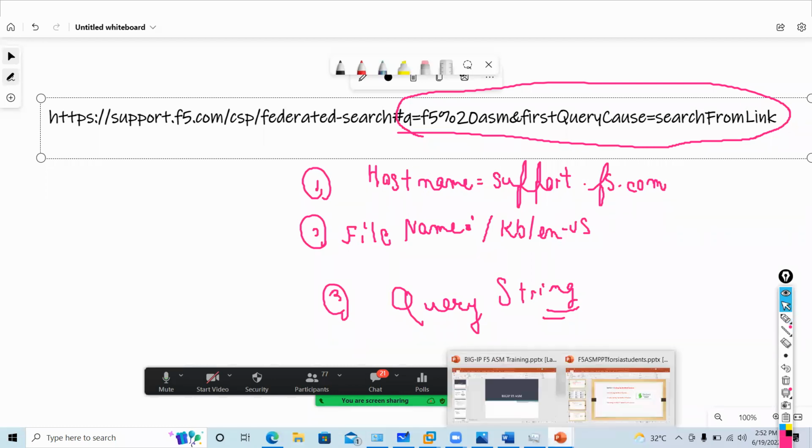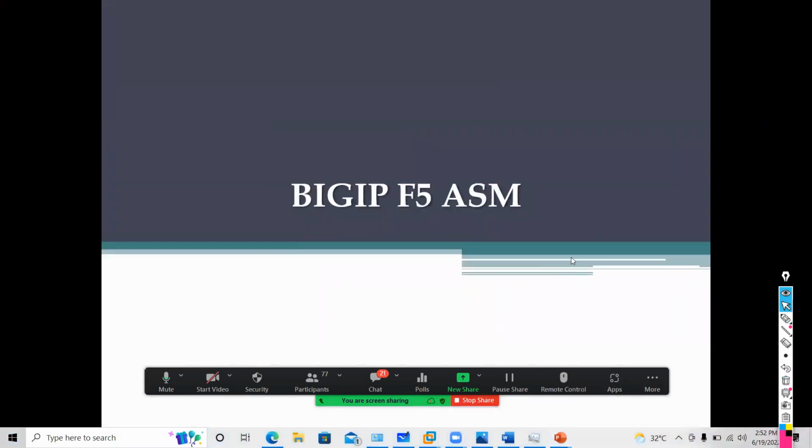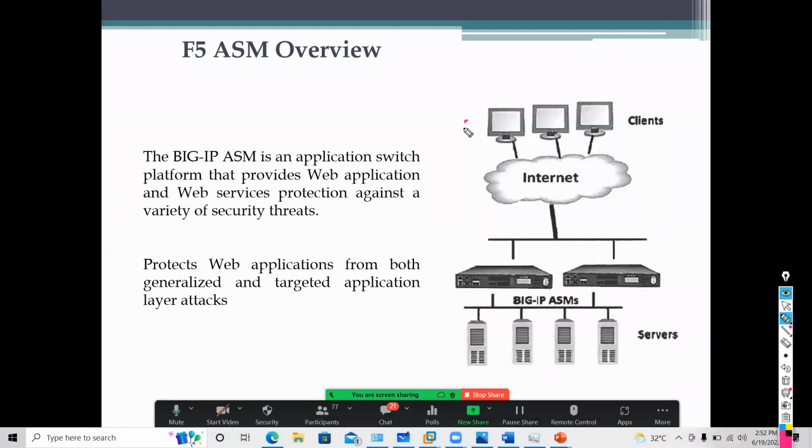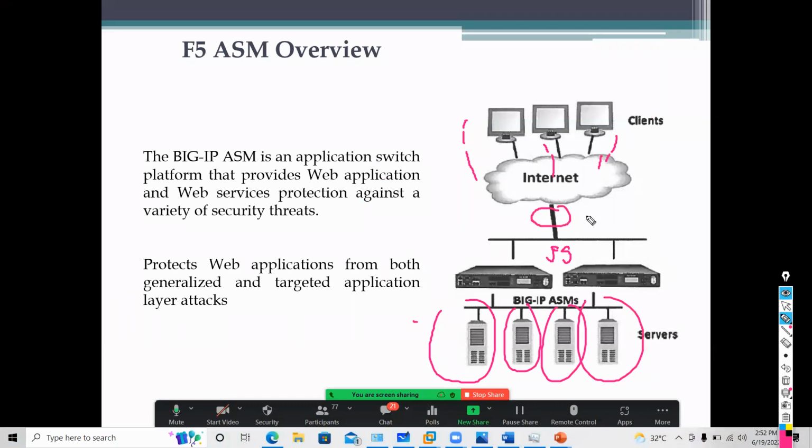Now, if I talk about, guys, my industry architecture, how ASM looks like. See, your traffic will come from different clients. Then F5 will come into the picture. Then it will protect your application server. So my main logic is F5 is deployed near to the application server. So this is how your architecture is in production.